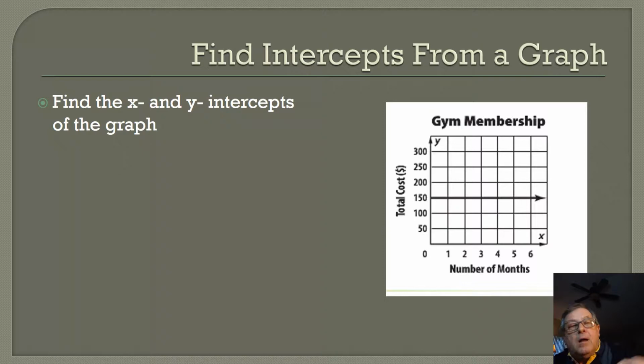And I see here in my horizontal axis that this is the number of months, and let's say my x-axis, my horizontal axis, and my vertical axis, my y-axis, is the total cost of that membership. And so we're looking for x and y intercepts. Well, along my horizontal axis in the number of months, I actually don't see an x-intercept. And so we would then have to say that there is no